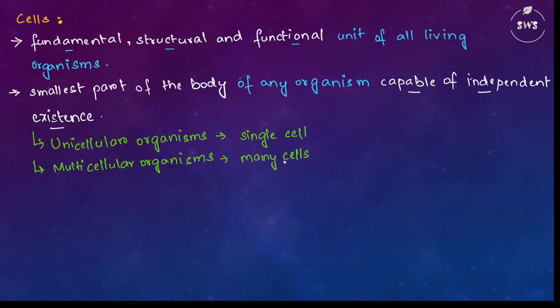If we take the example of a multicellular organism, human beings, we are made up of many cells. Now, if we want to prove whether the statement is true or false, that cells are the smallest part of the body of any organism which are capable of independent existence, that they can stay alone,